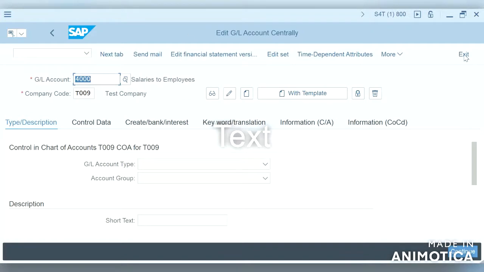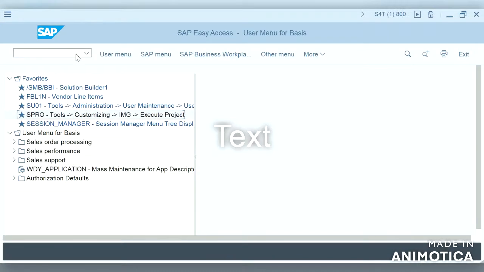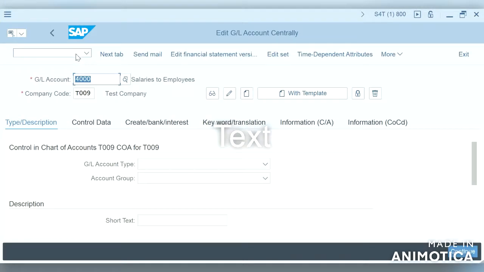Let me better exit and then show you, because we are already in the same screen and we are not able to figure it out. So you can see it will open up FS00, because as we already discussed, cost element is merged with GL account.